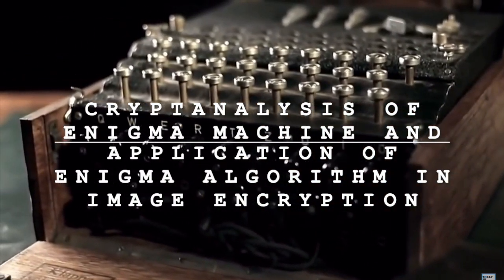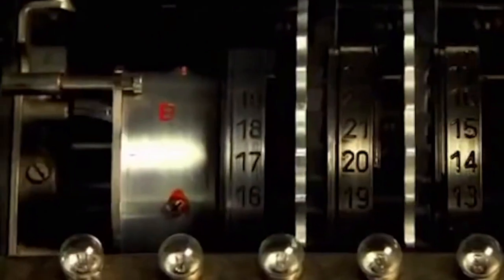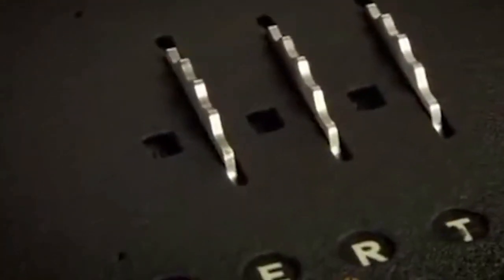To keep the radio communication secure during World War II, the Nazi forces used the Enigma machine. The Germans thought that the Enigma cipher was unbreakable, but the cryptographers had already broken the cipher. Let's see how. First we will learn about the components of the Enigma machine, and then we will get into